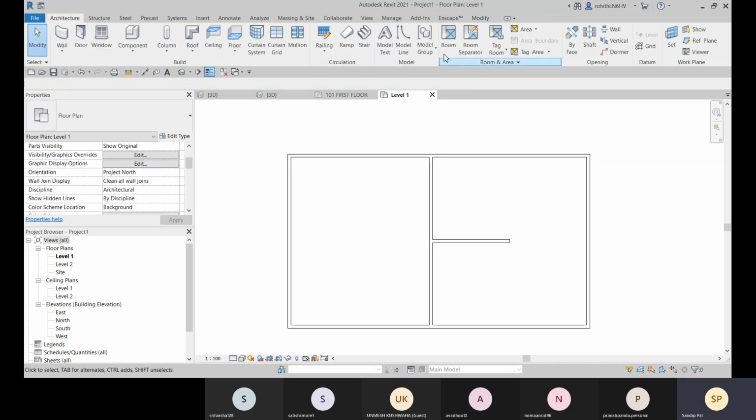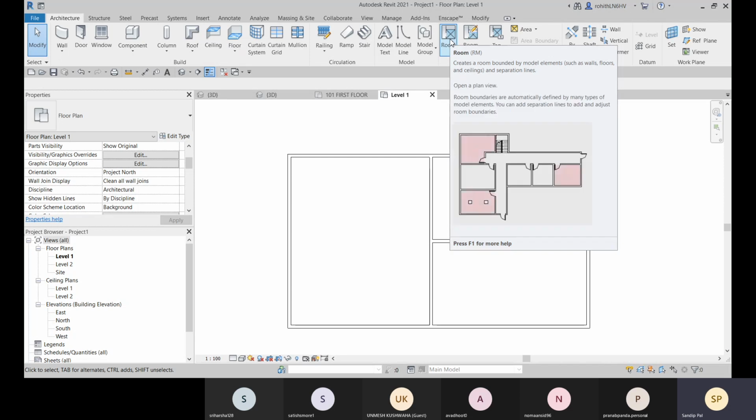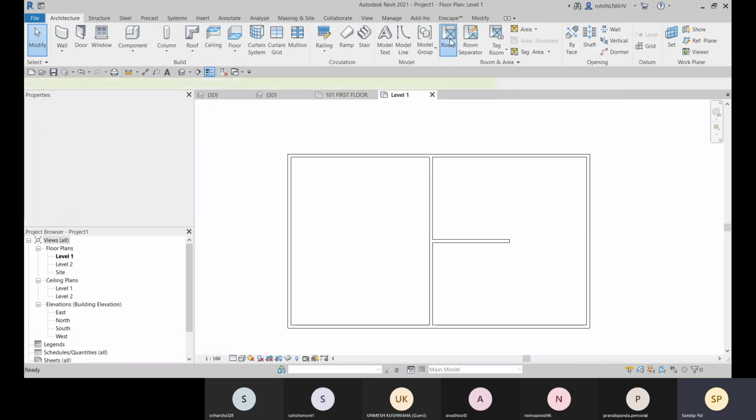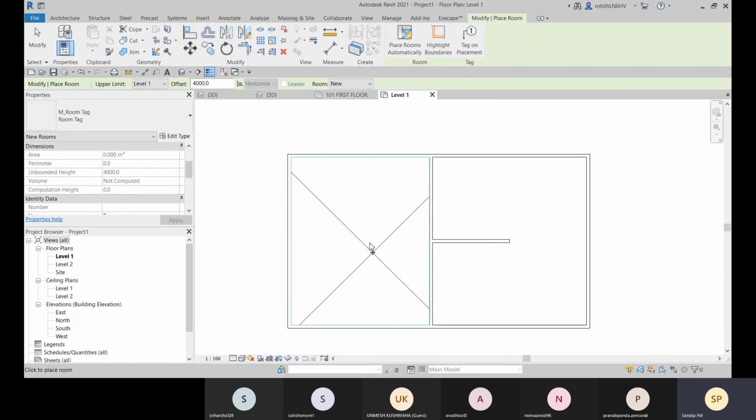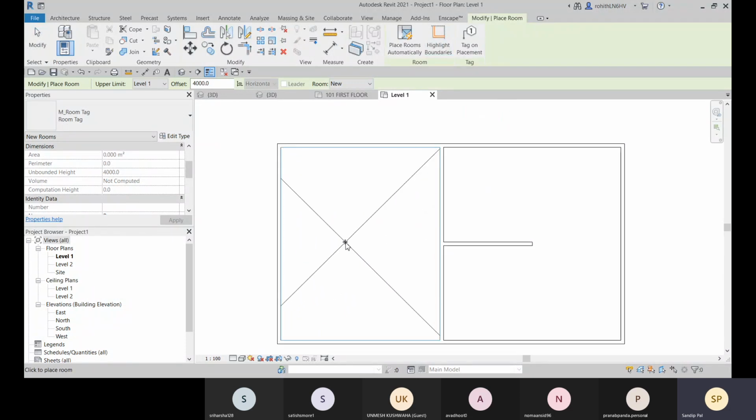All right, now let me go to this room option. So if you apply this element, you can specify the room name, and for this room area you can highlight it in a different color, like a layer.